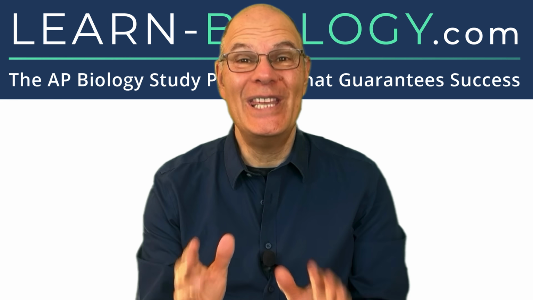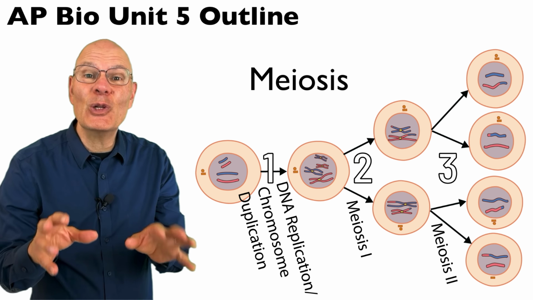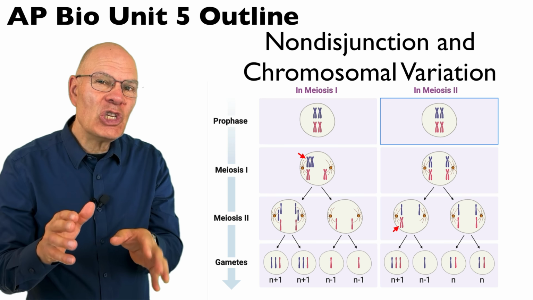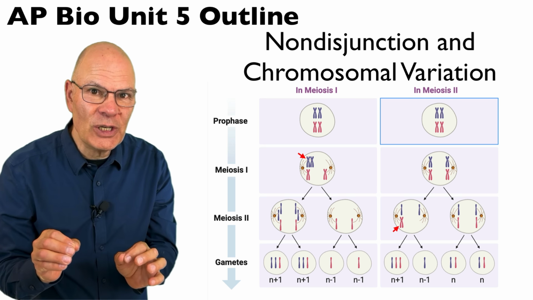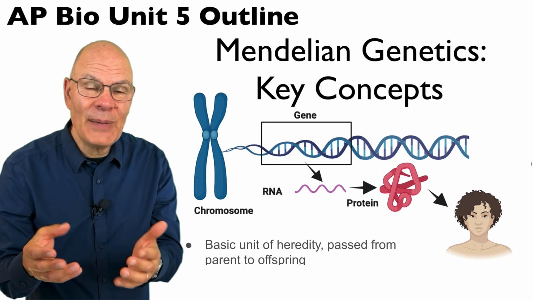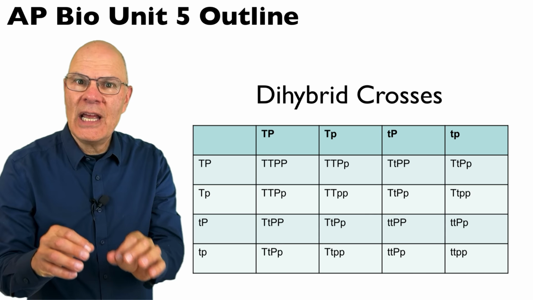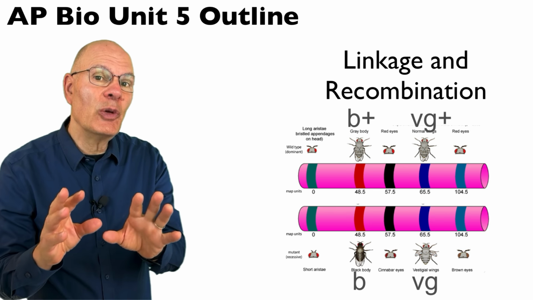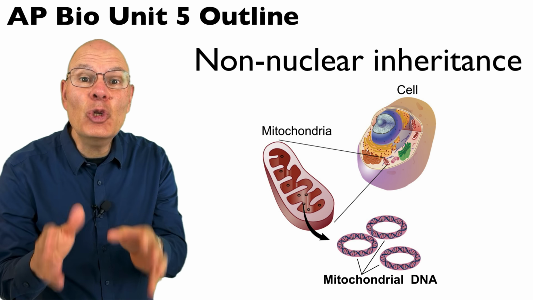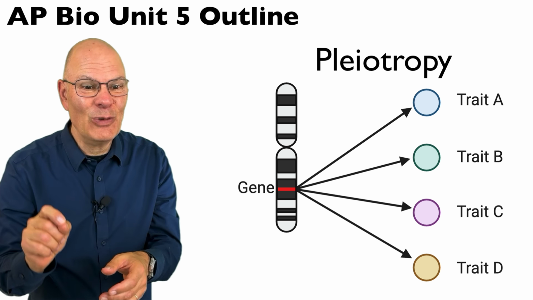Here's what we're going to cover in this video. We're going to start with meiosis, the formation of sex cells. Once we understand that, we can look at sex determination, and then nondisjunction and chromosomal variation. Then we turn to Mendelian genetics. We'll look at the key concepts, then monohybrid and then dihybrid crosses. Then non-Mendelian genetics, starting with linkage and recombination, then sex-linked alleles, non-nuclear inheritance, pleiotropy, a new topic for 2025, and